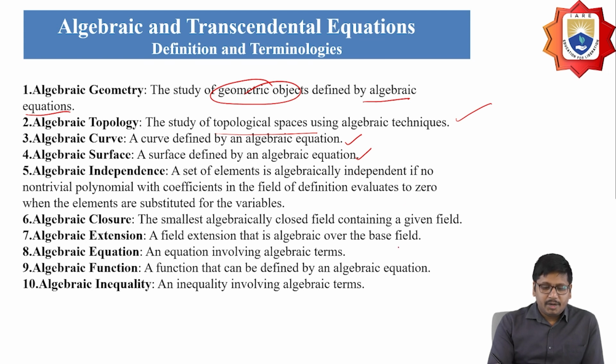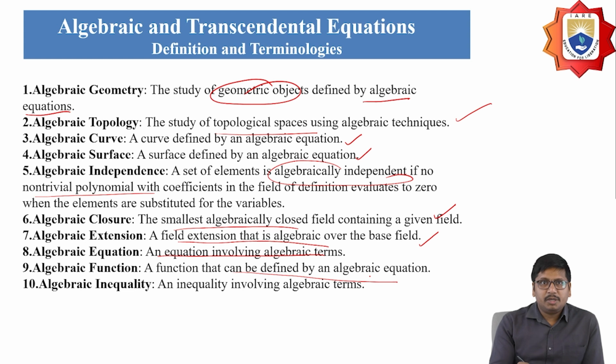Algebraic independence means a set of elements is algebraically independent if no nontrivial polynomial with coefficients in the field of definition evaluates to zero when the elements are substituted for the variables. Algebraic closure means the smallest algebraically closed field containing the given field, and a field extension that is algebraic over the base field. An equation involving algebraic terms,